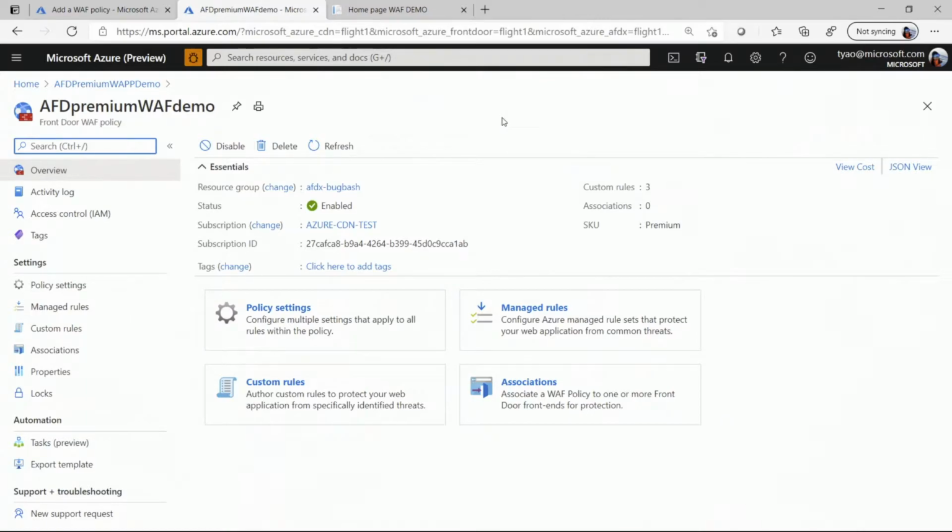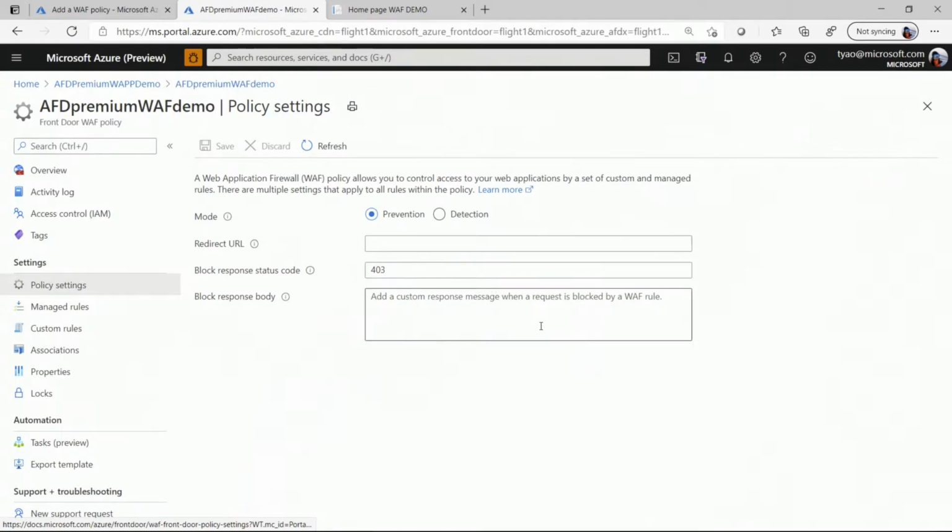In here, WAF policy can have different settings. At the policy setup, you can set your WAF in detection or prevention mode. Detection mode is log only, we don't take any actions. In prevention mode, we will take actions. And you can configure some global settings here. For example, you can configure a customized response.